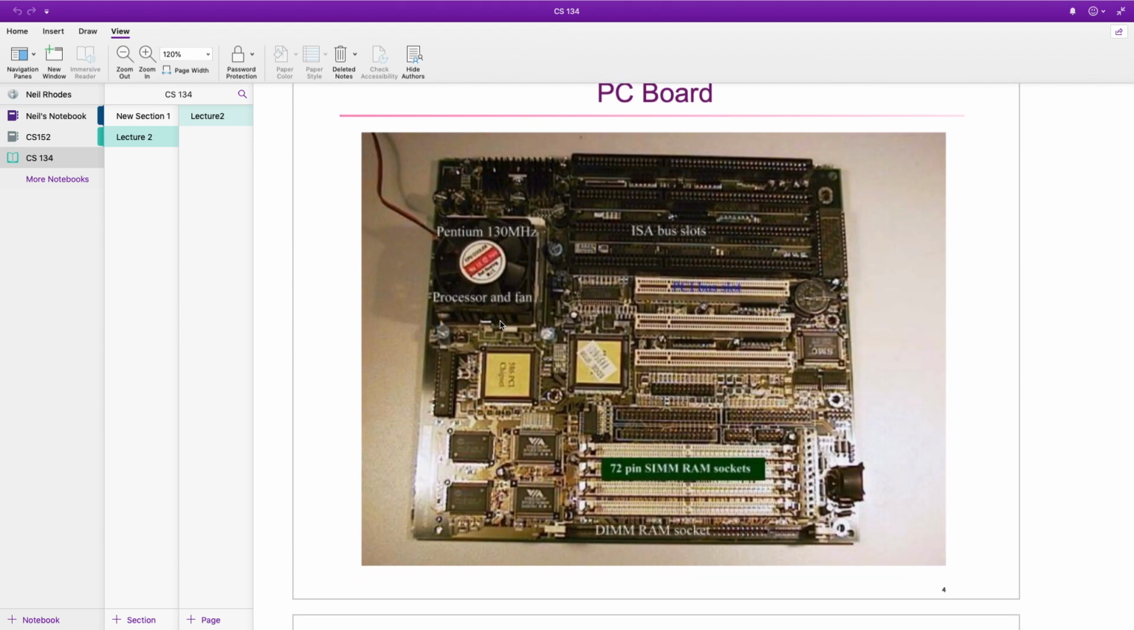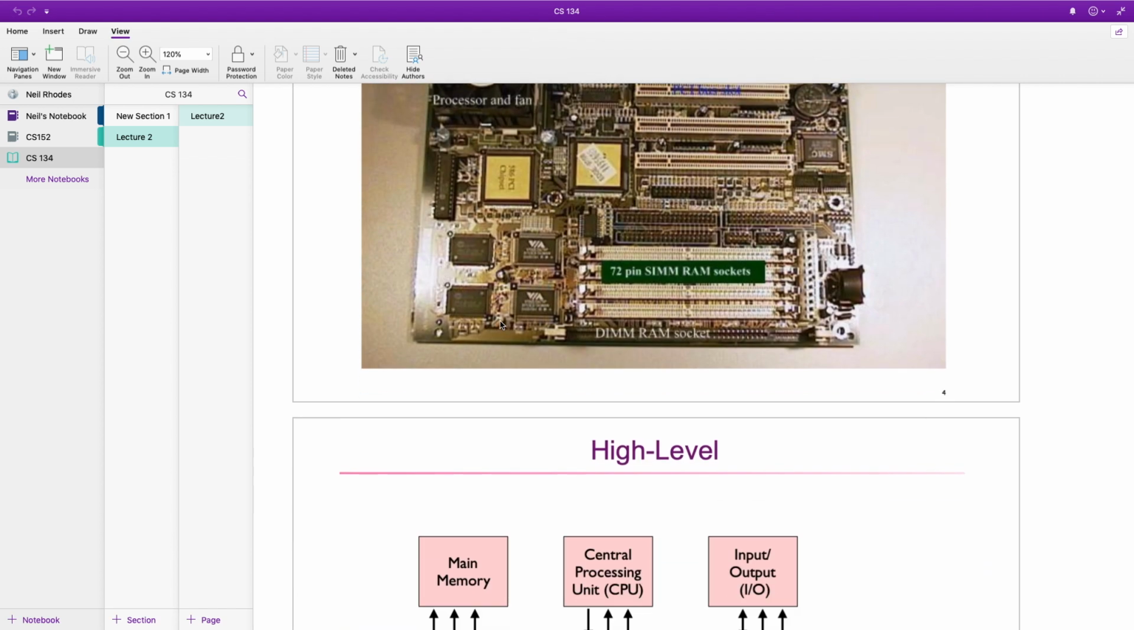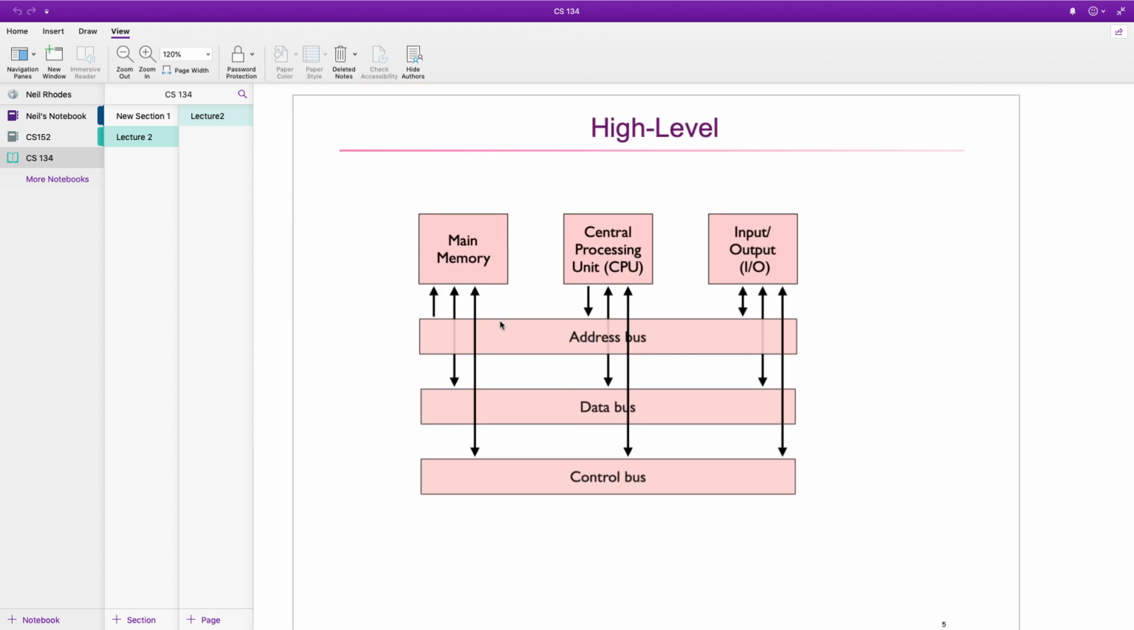Here's an example of a PC board. This is a really old PC board. How can I tell? Yeah, Pentium 130, so is that the late 90s or something? Okay. So let's look at